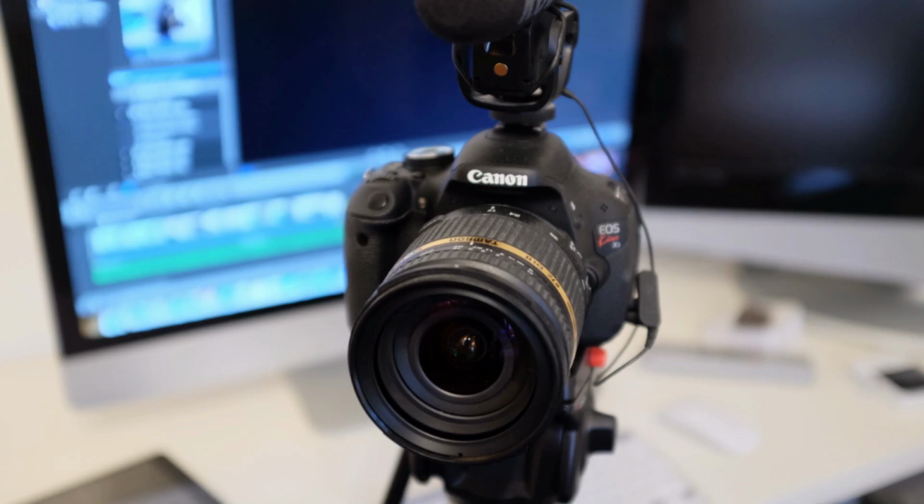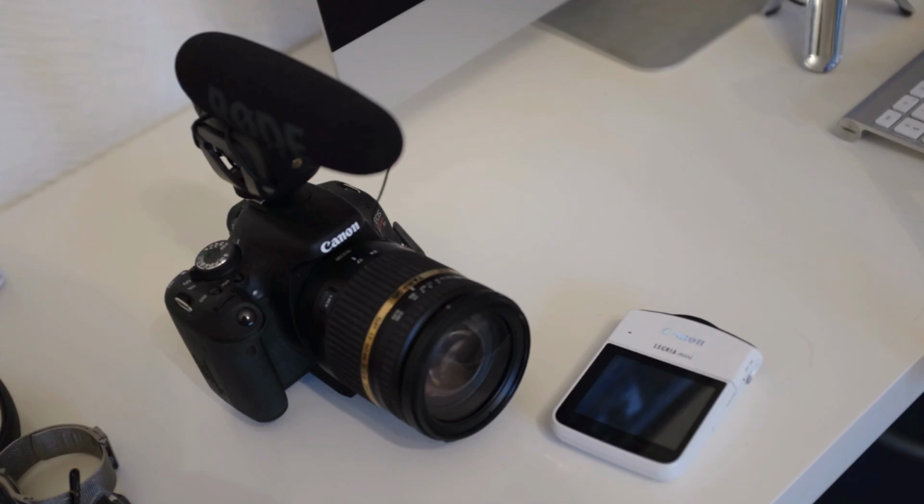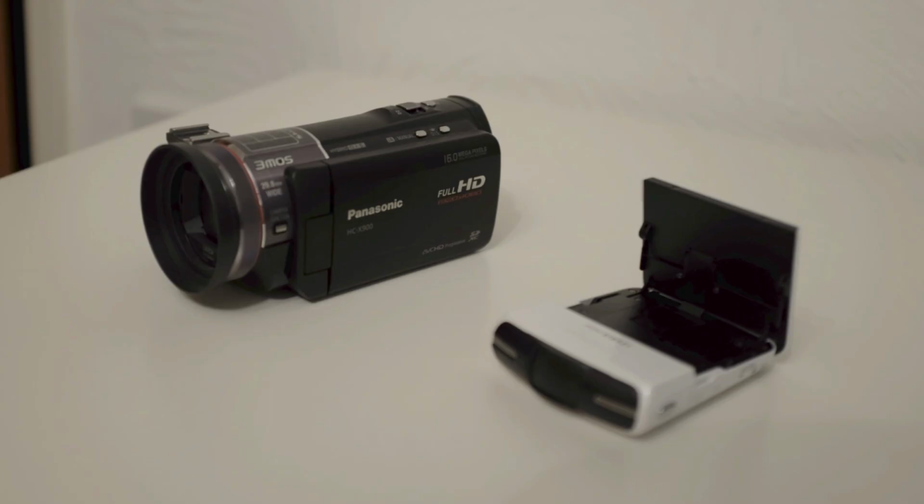Well, I would say straight away, don't be comparing this to a DSLR camera or even a full-size camcorder, because at the end of the day it is just a pocket camera. The video quality is probably in line with something like a top-end smartphone or a good quality compact camera. That's probably going to disappoint a few people. I'm sure a lot of people would like to see better video quality, but you've got to remember this is a really lightweight, pocketable camera that offers full HD video in MP4 format,